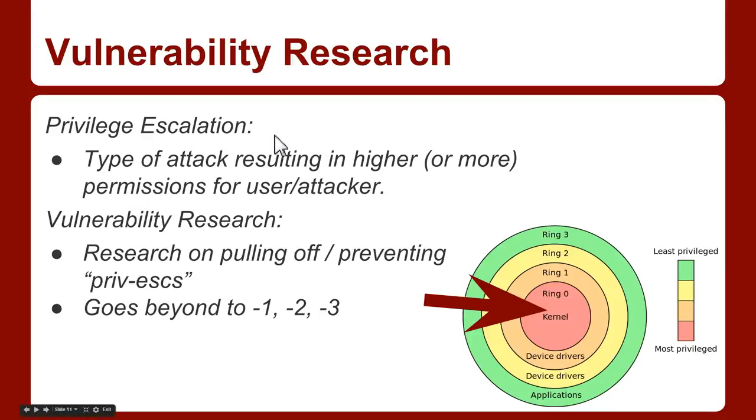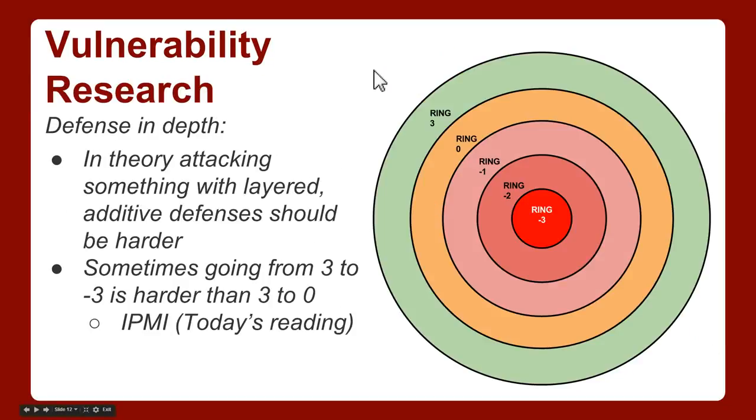So vulnerability research relates to this model in its very core, in that vulnerability research is all about pulling off and preventing privilege escalation. Privilege escalation is going from one level of access to a higher level of access. Ultimately, it's all about inverting the model to get to the most privileged state in the offensive manner. So obviously it goes beyond to -1, -2, -3, and in theory,